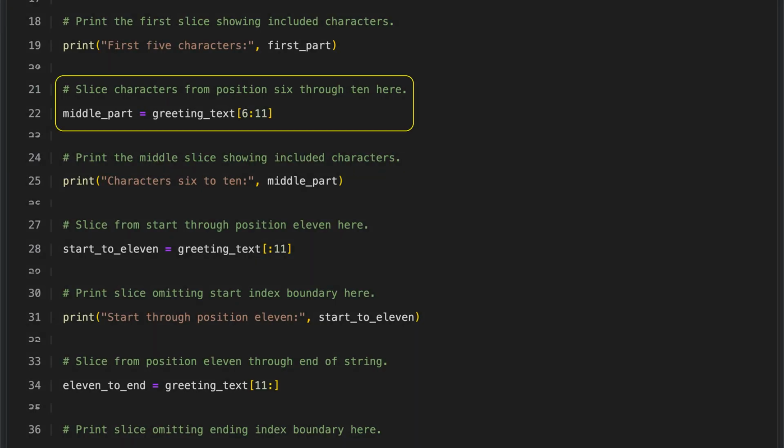In this example, we take a slice of the text stored in the greeting by selecting characters from position 6 up to but not including position 11. This operation extracts the word from, followed by a space and the letter N, isolating just that segment of the original string. String slicing like this is useful when you know the exact character positions of the part you want